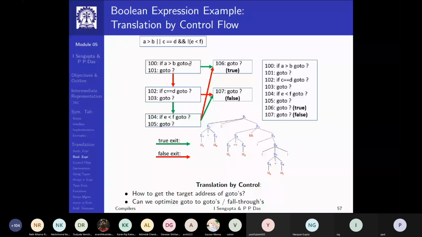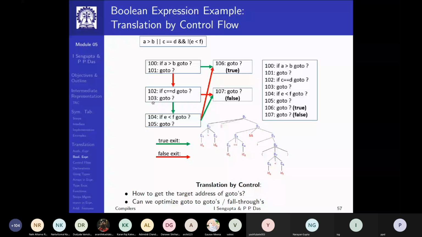Similarly, I have a false list, whose exit, which is a number of the quad, would be a false target and is currently not known. So if I look at the Boolean expression A greater than B, then the true list of A greater than B is 100 and the false list is 101. Similarly, for C equal to D, the true list is 102 and the false list is 103.